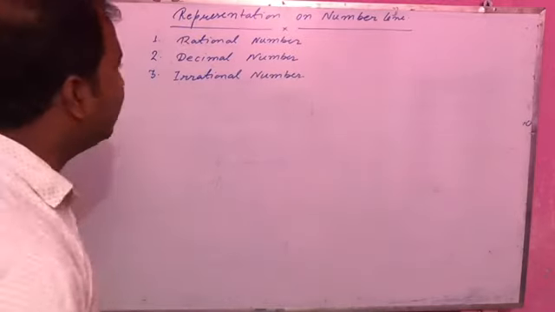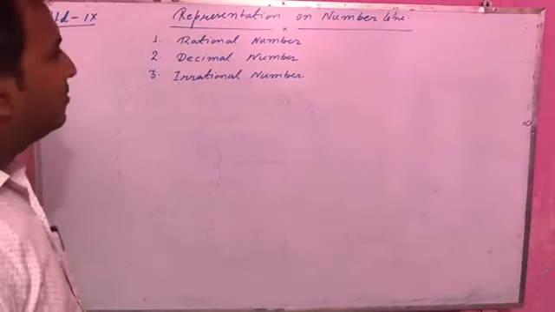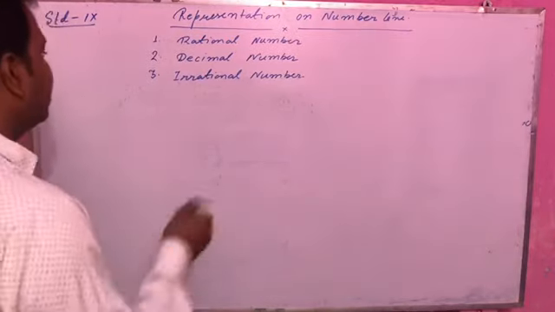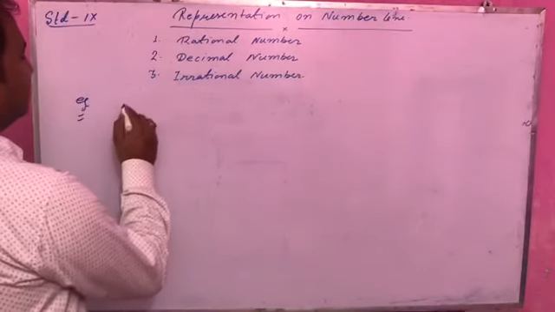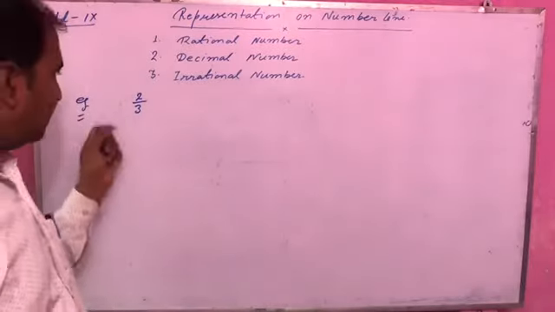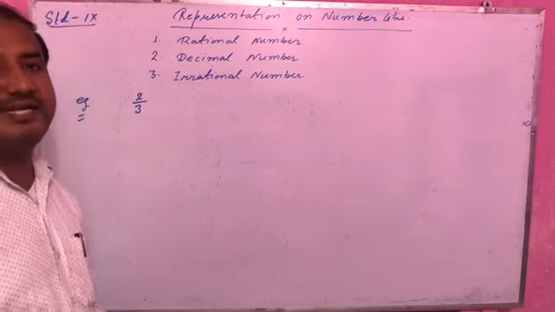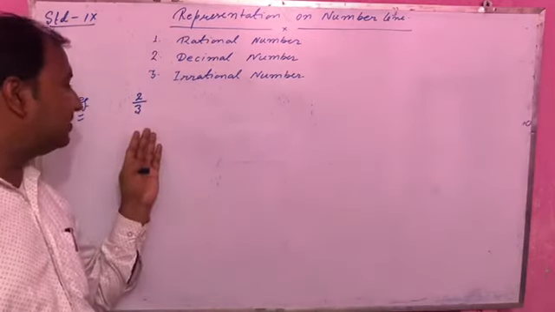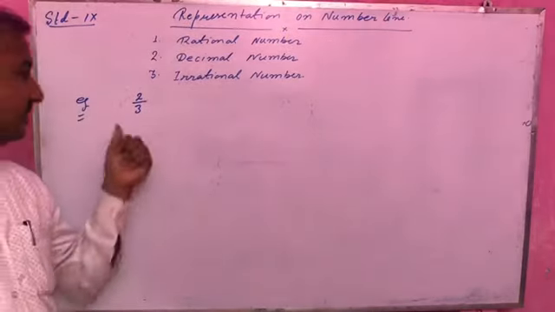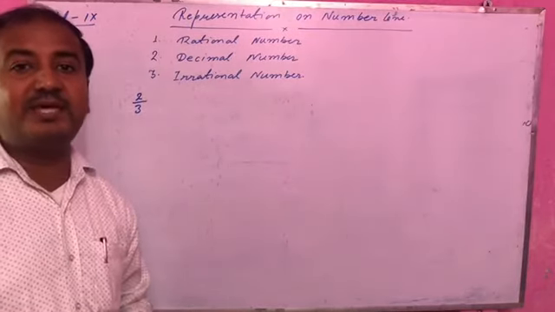Okay. So right now I will discuss how to represent a rational on the number line. No concept, only I will show by taking an example. Suppose you have to represent 2 by 3 on the number line. 2 by 3 on the number line. At first, we will decide where 2 by 3 will lie, between which two integers this will lie. ये जो है किस दो इंटीगर के बीच नंबर लाइन पे आएगा.